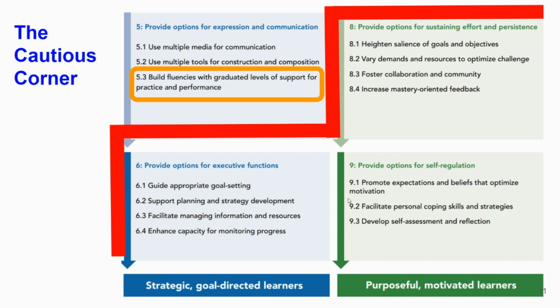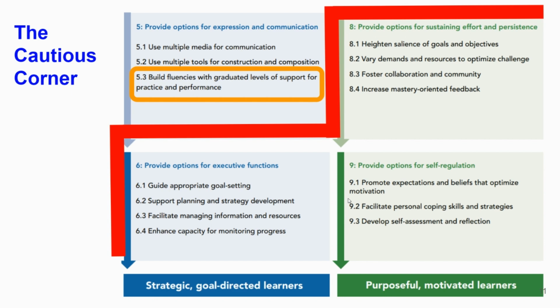9.2 is personal coping skills and strategies. I think all of us can say that that's a lifespan skill that we all work on. I don't always have the coping skills that I need. I need a mindset, a growth mindset that will tell me that I will build them over time through trial and error and asking for support and then developing them myself. And then that self-assessment and reflection, that's probably the hardest of all of them. And that's why it's right there at 9.3 of, it's real hard to see yourself accurately and think about what your next steps are. There's so much other self-talk that goes into it.